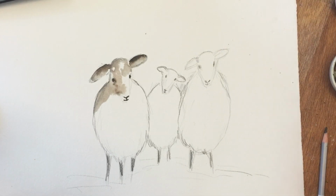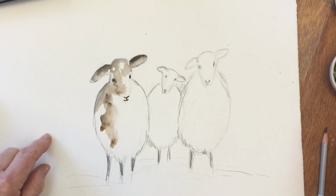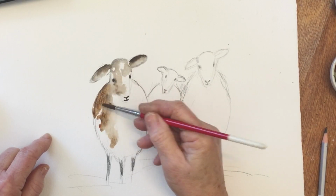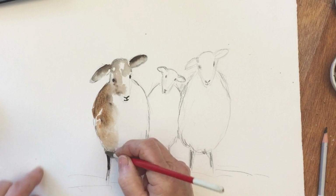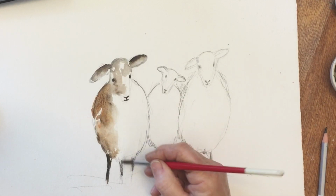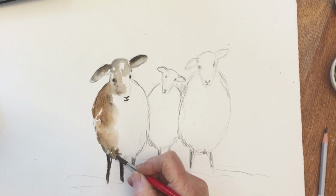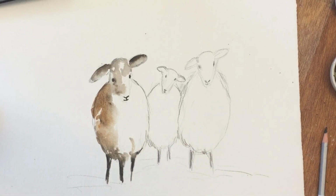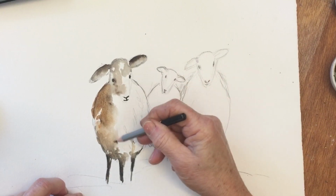And switching to a slightly bigger brush, and a little bit of a different colour in there. The Jacobs are a sort of brown black, and here, this is the exciting bit where I've got the pencil. I can just drag the colour from the pencil up into the body of the sheep to give some texture and shading, and so I'm just going to grab my pencil here and work in some